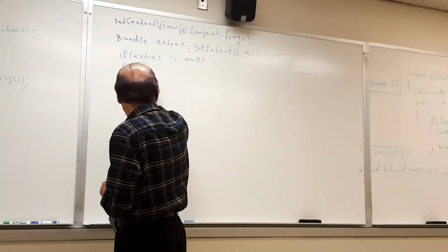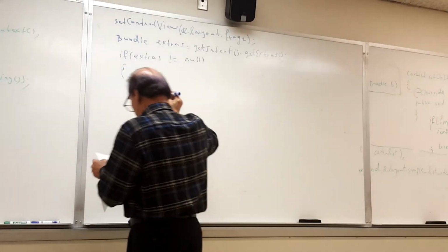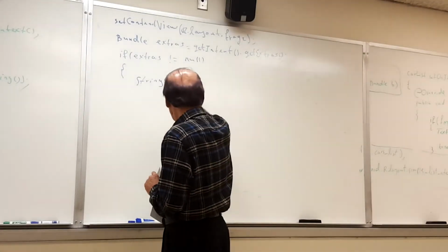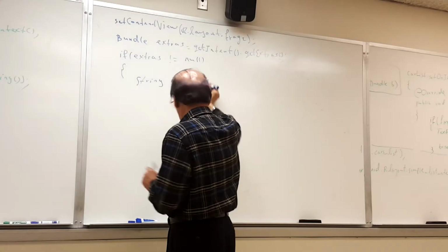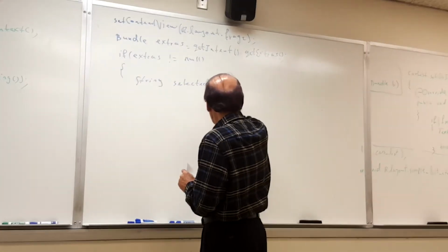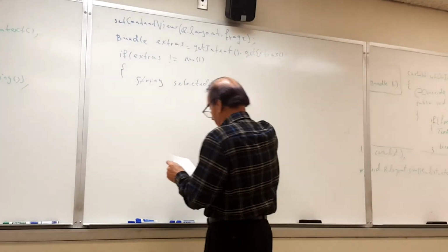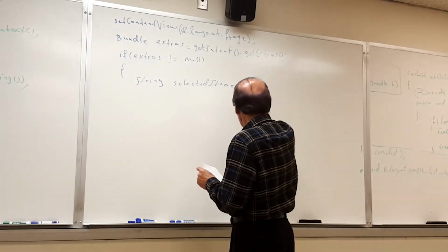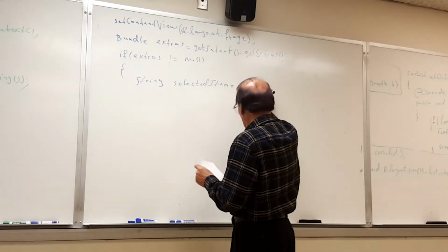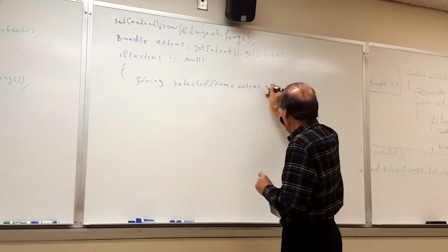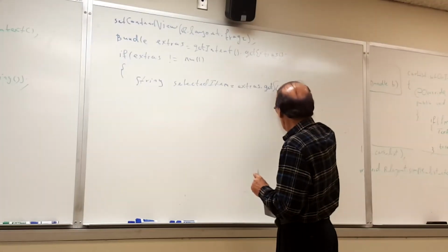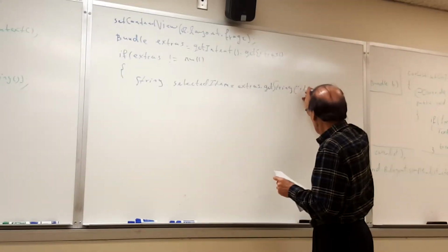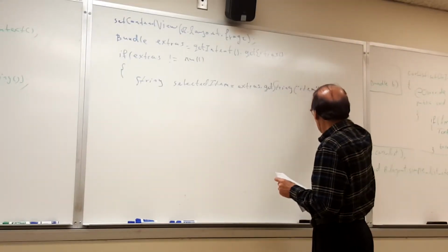String selectedItem equal the extras dot getString, parenthesis item. Let's get it